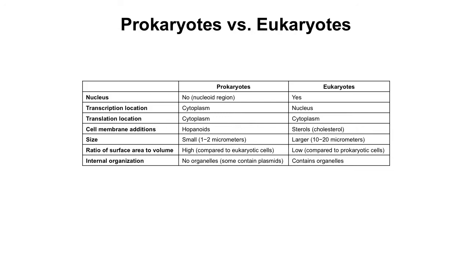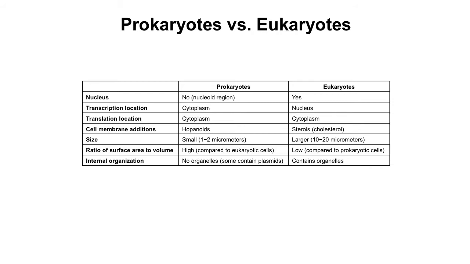With respect to the cell membrane components, they are also a little bit distinct. In terms of composition, the prokaryotes have what we call hopanoids, whereas eukaryotes have sterols or cholesterol as part of their cell membrane. Of course, they all share the same phospholipid